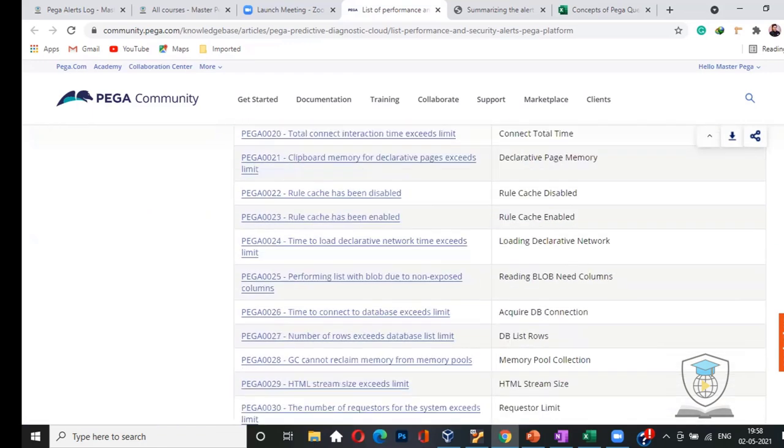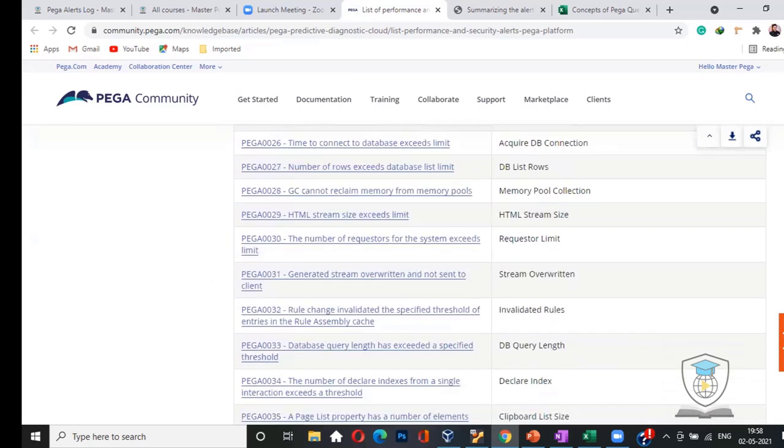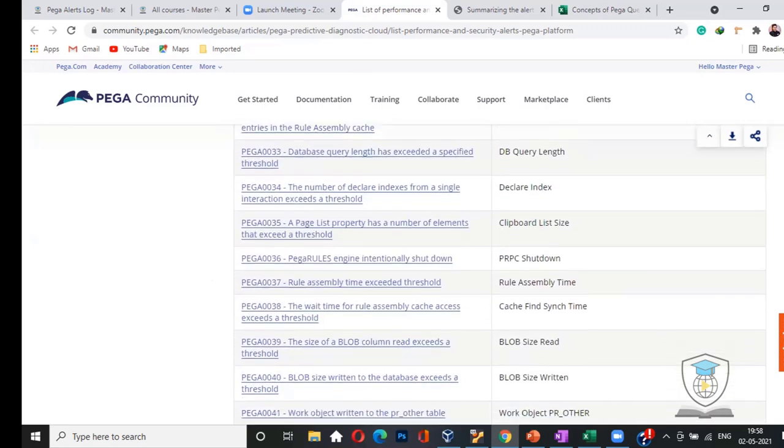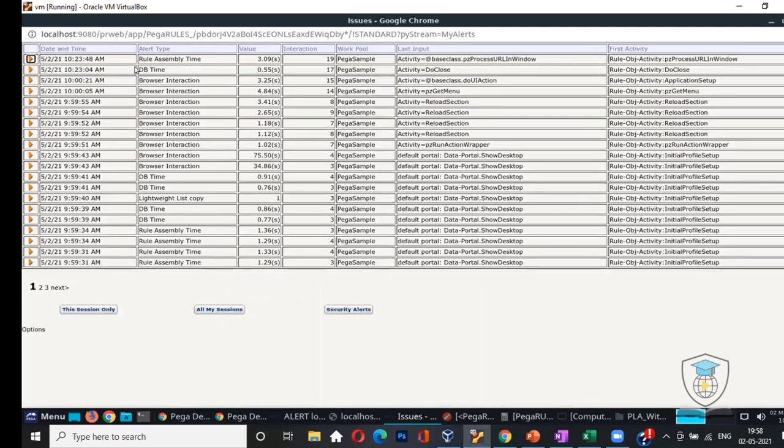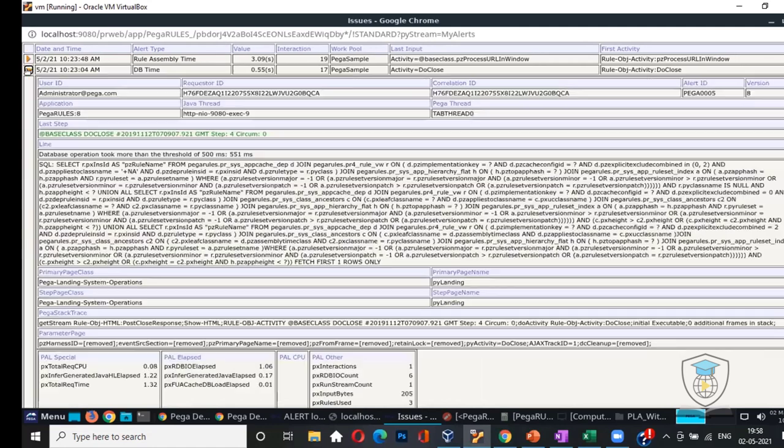So now the alert that we have seen was Pega 0037 itself, I believe, which is assembly related. Okay, let's see something that is very much common, DB time, or it is taking DB time, the Pega 0005 alert.